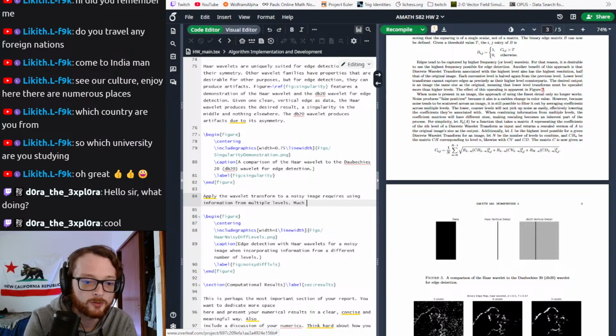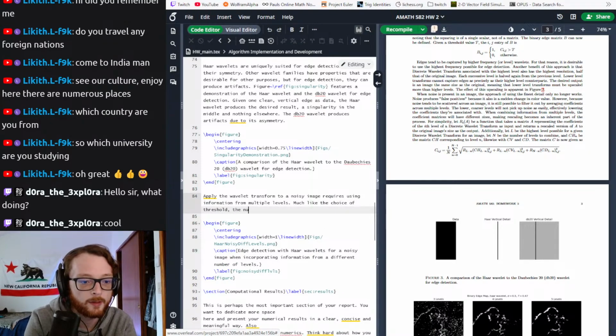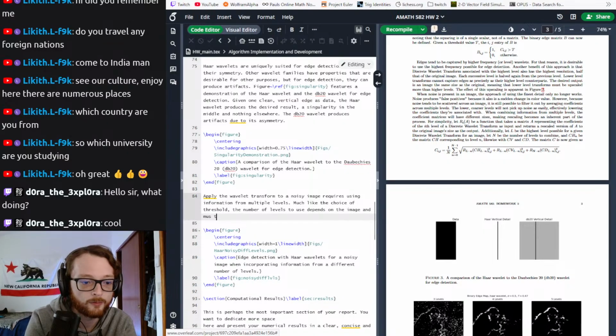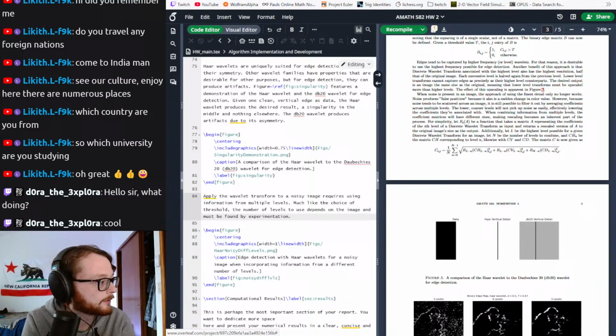Much like the choice of threshold, the number of levels to use depends on the image and must be found by experimentation. For a higher amount of noise,